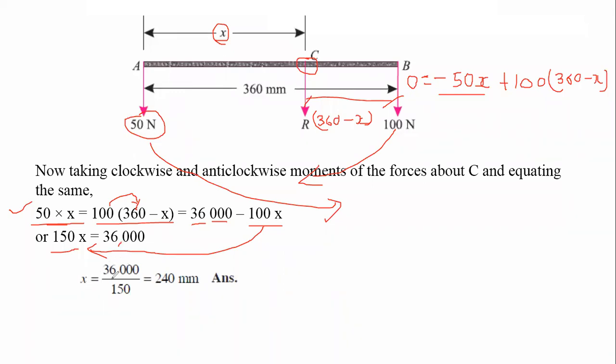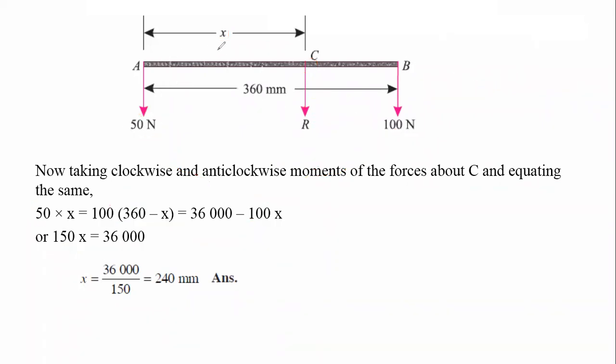To find x, divide 36,000 by 150, and you'll be getting 240 millimeter. It means your resultant lies at a distance of 240 millimeter from point A, and the magnitude of this resultant will be 150